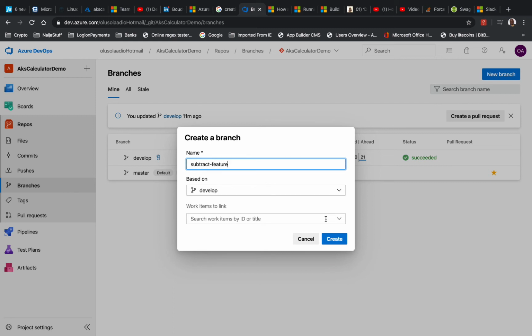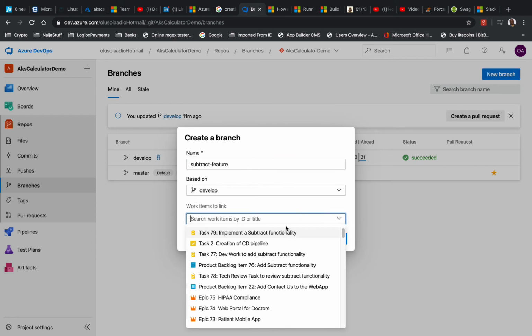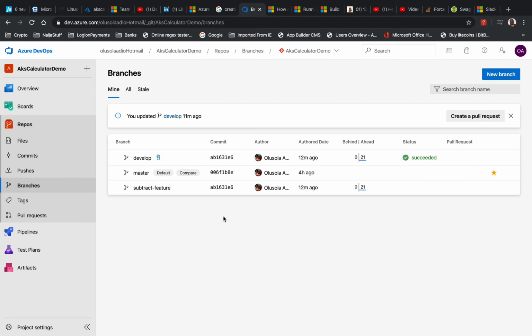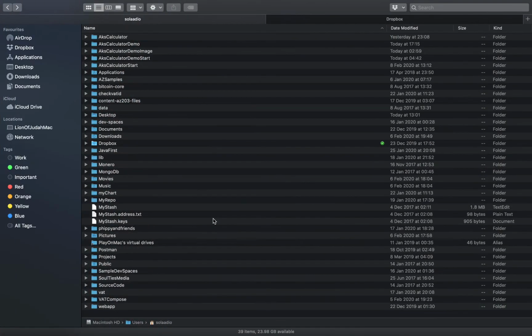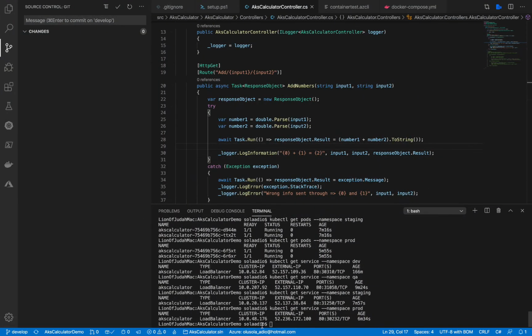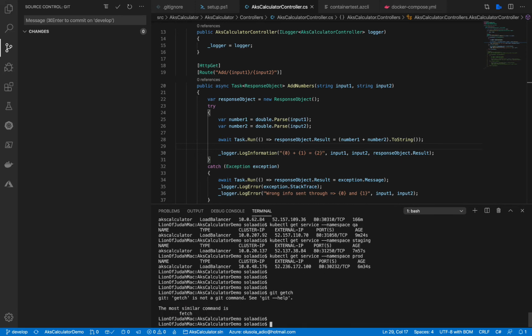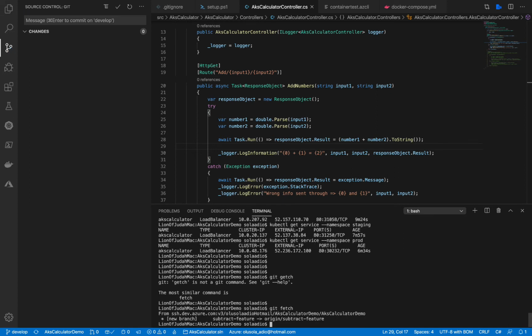We're going to base it on develop, and we're going to select the task here, task 79, and let's do a create. So that's the subtract feature. And then let's come over here, demo, git fetch, wrong spelling. Okay, git checkout